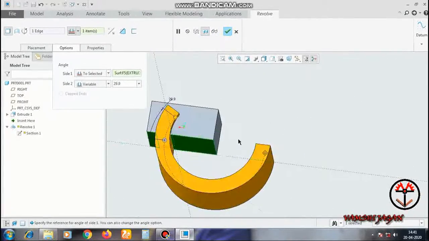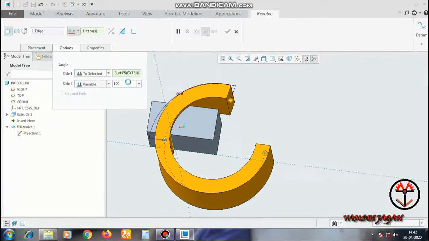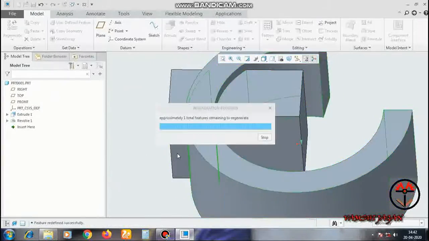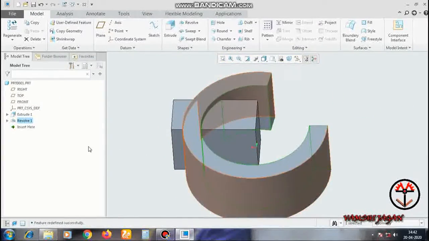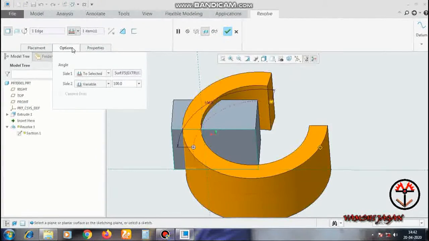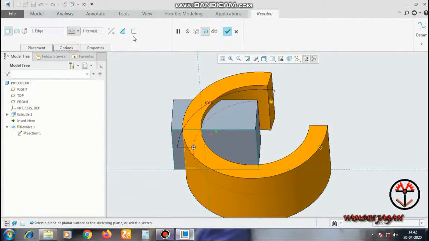And on the other side you can use angle also for extend and remove material. To remove material you can click the removal icon also. I will show it. You can see by clicking on removing material, material will be removed.